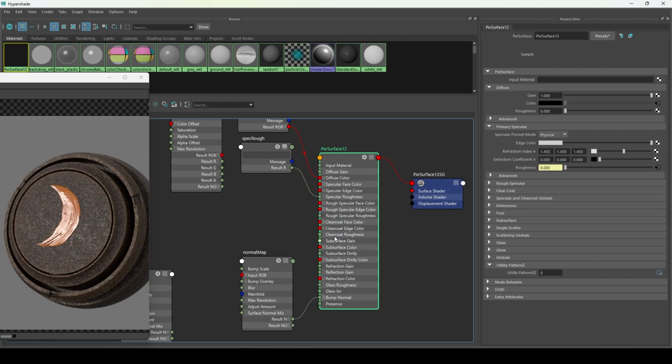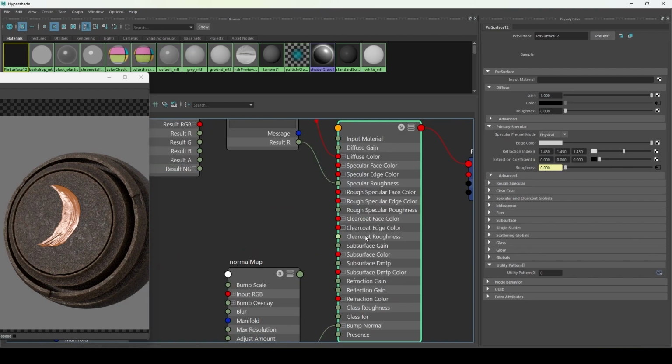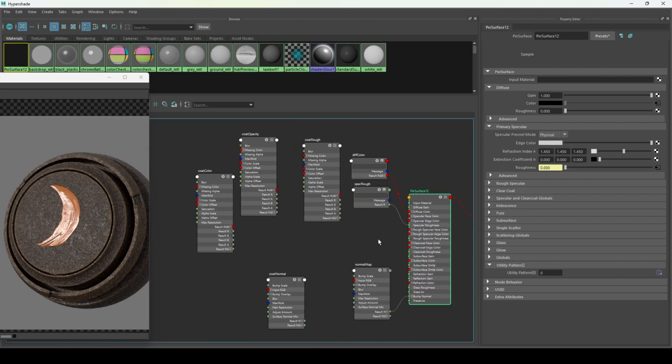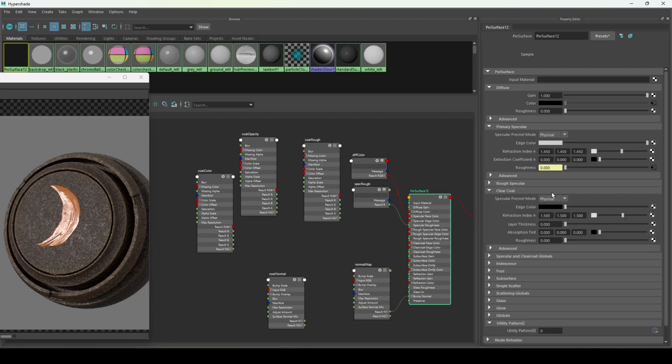So you can see some of them show up and not all of them show up. Like we don't see coat normals, but we do see coat edge color. So we had coat opacity. You'll notice coming in here, there is no coat opacity setting, but we can tell that in order to turn our coat layer on, we have to turn this edge color up, right? So that's what's giving us